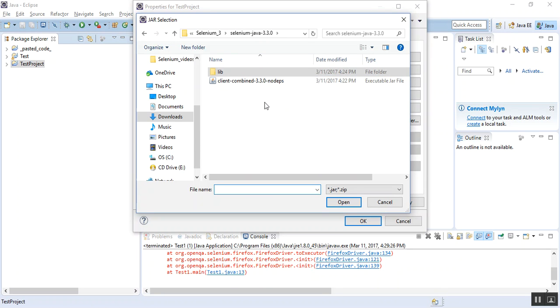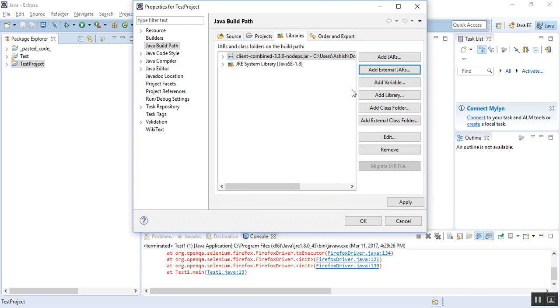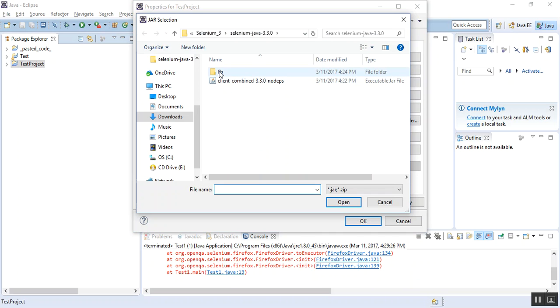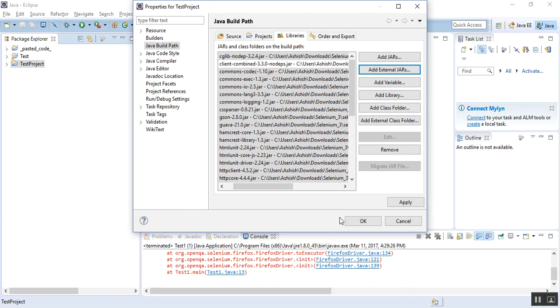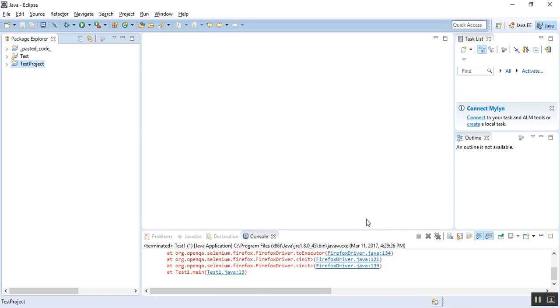So you have to select this jar file, click on the open button, and also select the rest of the jar files as well, which are there in this lib folder. Just do a Ctrl A, click on the open button, do apply, OK, and yes, you have now configured your Java project with the Selenium WebDriver jar files.